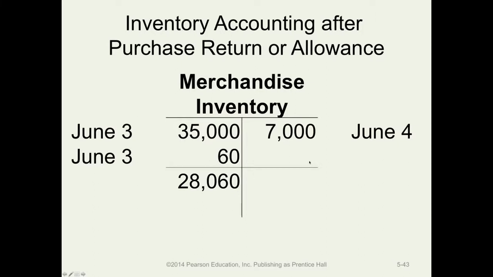So, merchandise inventory is now at $28.60 because on June the 4th, you had a return. So, again, original purchase plus freight minus the return or allowance. And I'll just make this a PRA, purchase returns and allowances. And again, this time,